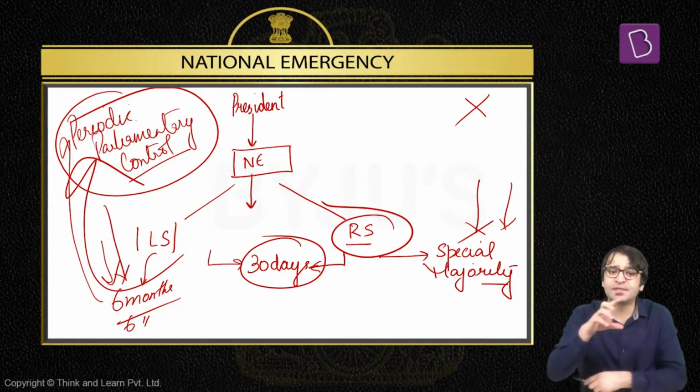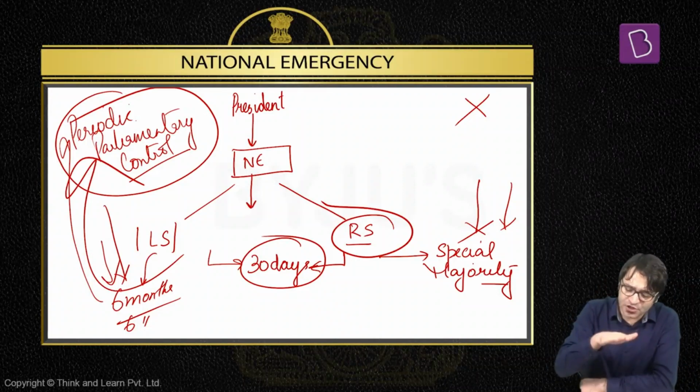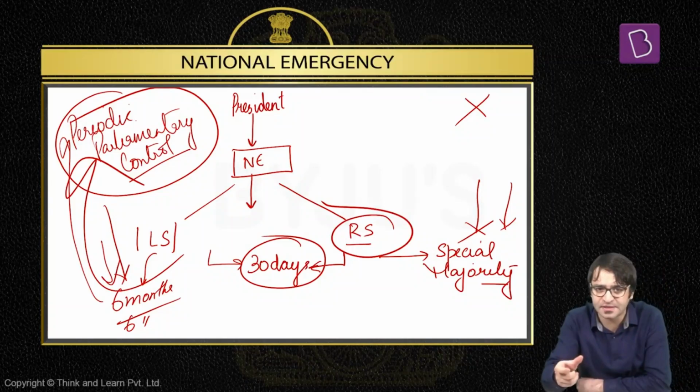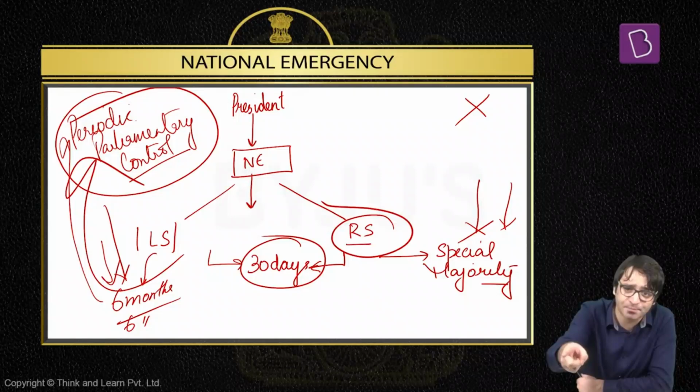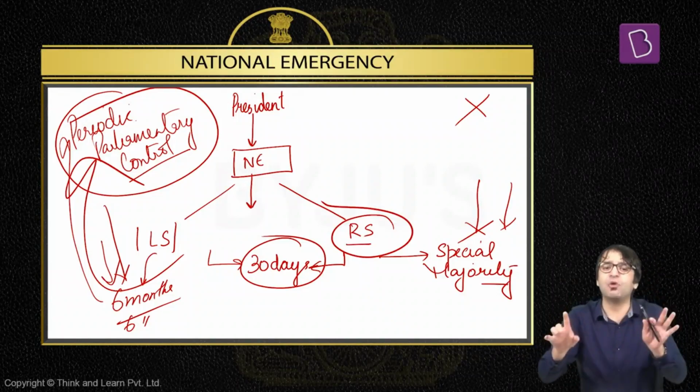That means we have to now understand what is the validity of this national emergency. National emergency imposed today, within 30 days, both Lok Sabha as well as Rajya Sabha have to approve this national emergency by passing a resolution by special majority. If it is done, then this national emergency continues for 6 months. Can it continue beyond a period of 6 months? Yes, but take their permission again. Take the permission of Lok Sabha and Rajya Sabha again. Then continue for 6 months. Then again for 6 months. And there is no upper limit.